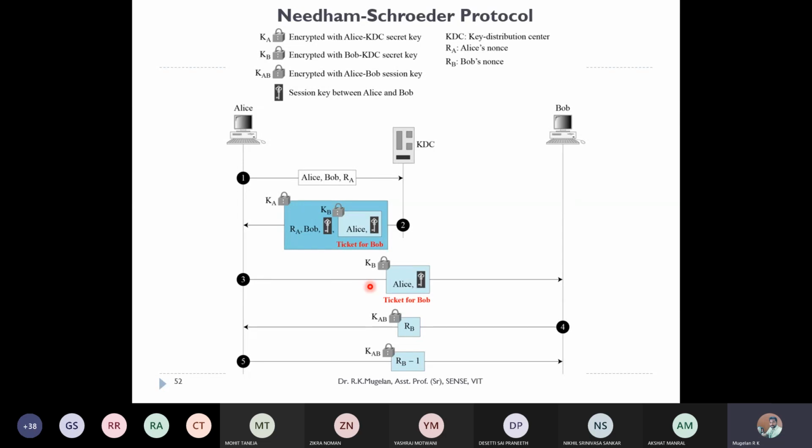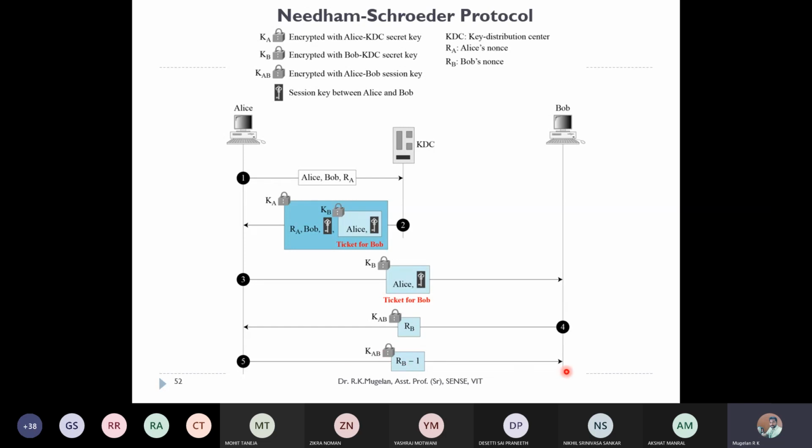Once Bob receives the message, he will open it and take the session key. Now here comes a new part compared to the conventional method. Bob will transmit his nonce value, that is RB, encrypted using the session key. To ensure that Alice also has the same session key, he will send the packet to Alice. Alice can open the packet if and only if she has KAB, right? So Alice will open this packet and decrement the nonce of Bob by the value 1. Again, she will encrypt using KAB and transfer it back to Bob.